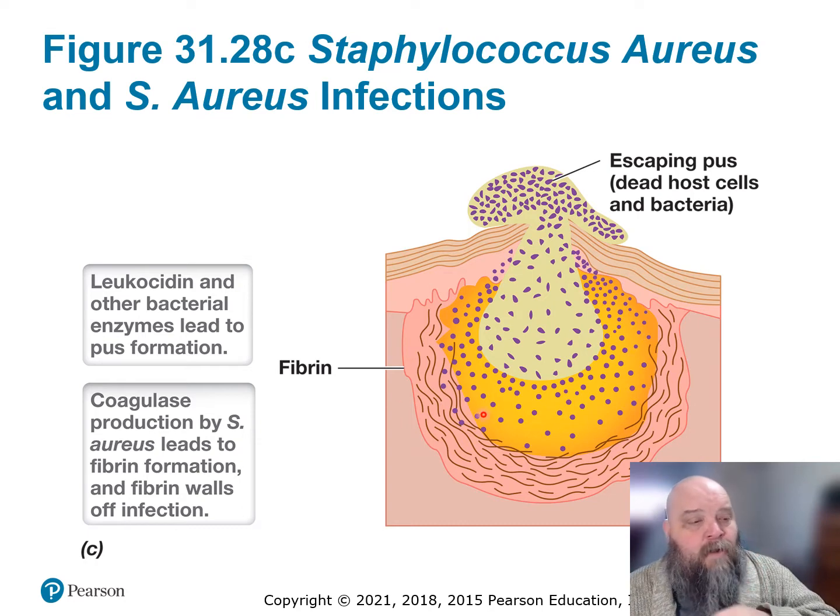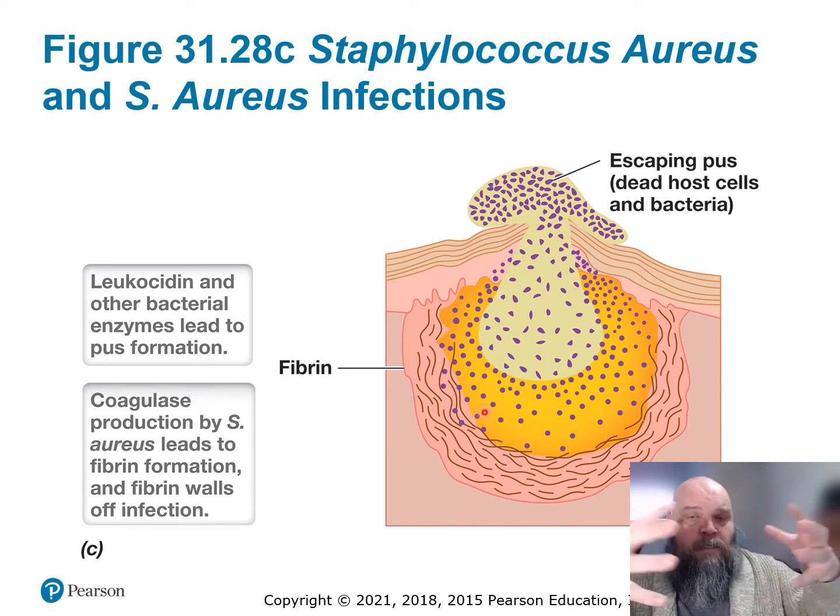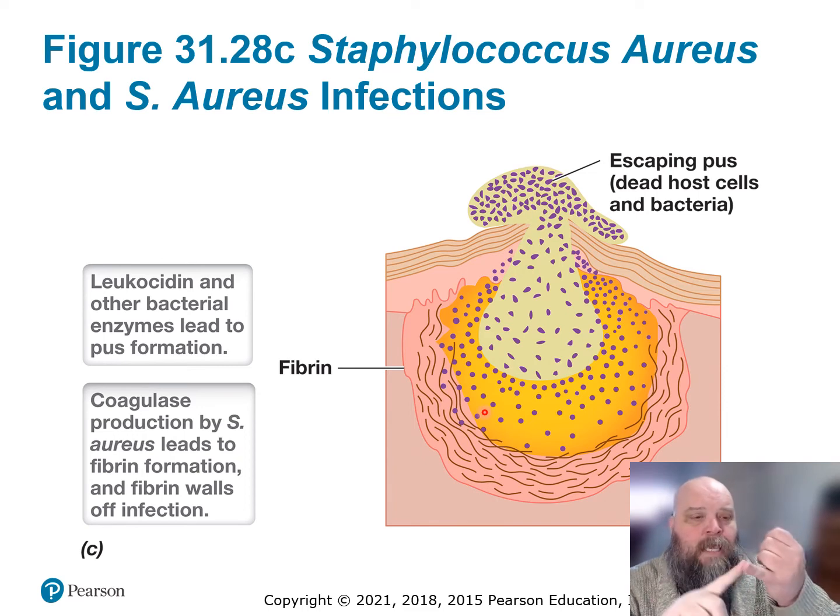Inflammation and whatnot will cause the area around it to swell as more, remember the inflammation is fluid leaving the cardiovascular system and entering into the surrounding tissues. Spread the tissues up a bit, plump them up, and in that fluid that's exiting out your bloodstream is coming antibodies, complement, all sorts of other proteins that could be there for aiding in control. All that extra fluid also makes it easier for monocytes to leave the bloodstream, become macrophages in the tissues, for neutrophils to exit out, and things like that to go hunt down anything not you.